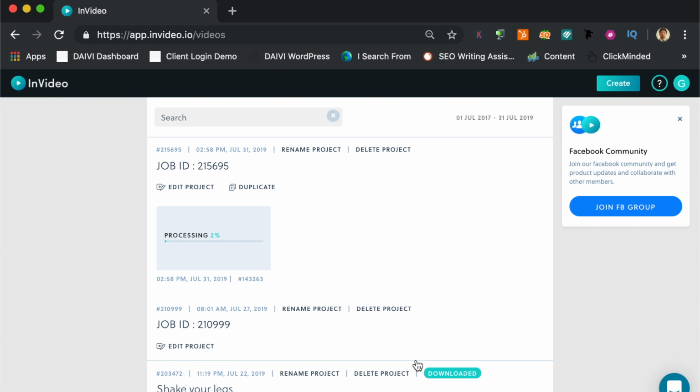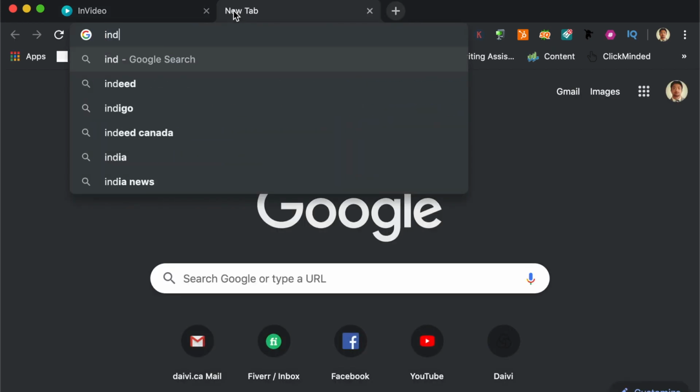So it's still exporting, so you can see the progress here. So that's processing 2%. I think this depends on the speed of your internet, and possibly also the processing capabilities of the tool itself, because I presume all of this happens on their cloud. So while that is happening, I think we can probably take a look at